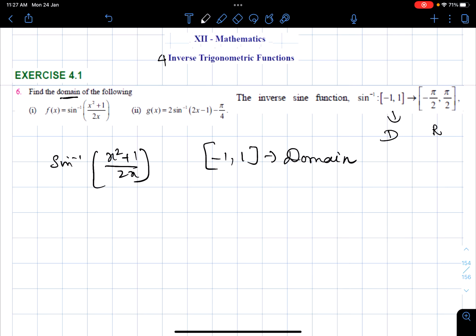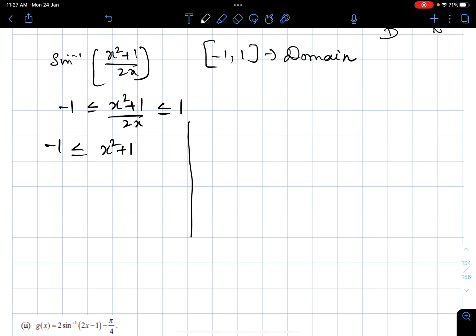Whatever x we have got, you are going to write between minus 1 less than or equal to (x square plus 1) by 2x less than or equal to 1. Now we are going to do the problem. We are going to split it into two parts and solve. What is going to be our first part? Minus 1 less than or equal to (x square plus 1) by 2x. This is going to be our one part, and the other part,